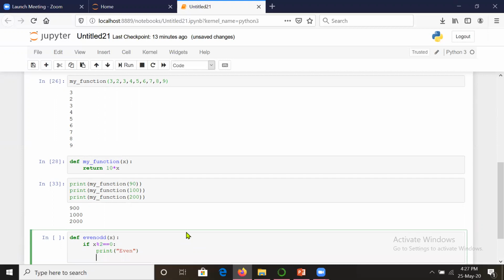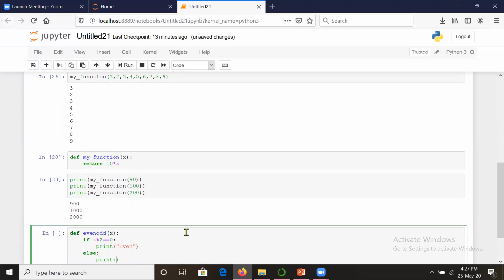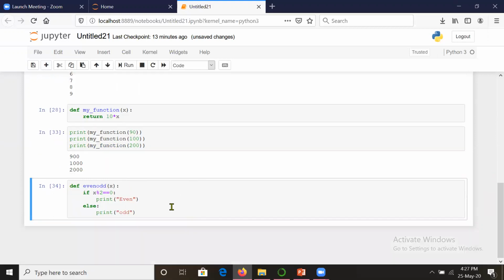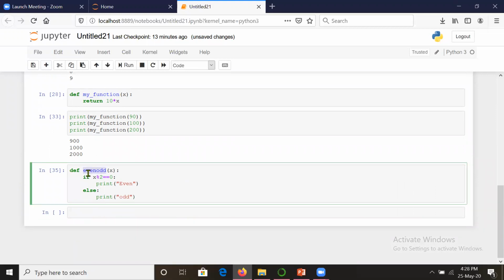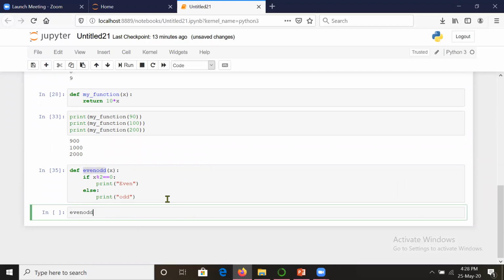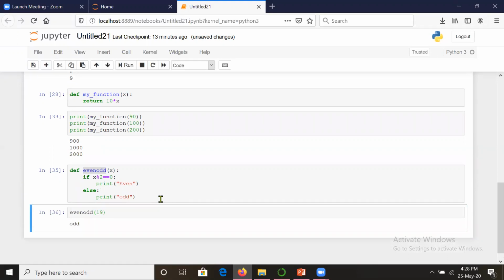Otherwise, else we will print it's odd. Right? This is how you have executed, and let us call this even odd, and let us send the number 19, and it's saying odd. So this way you have written the function for even odd.